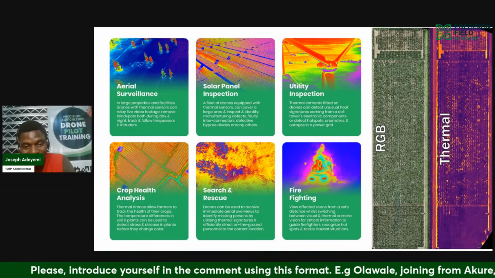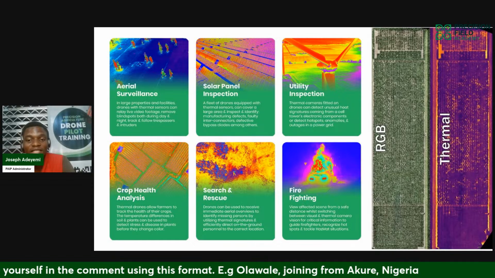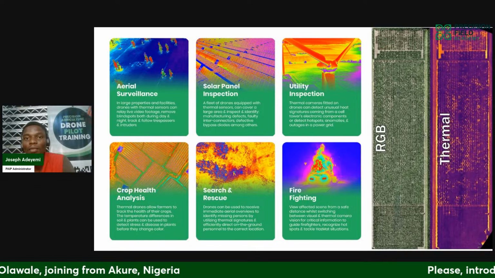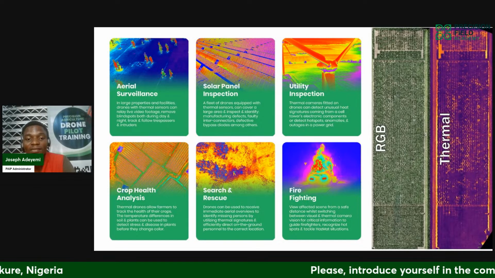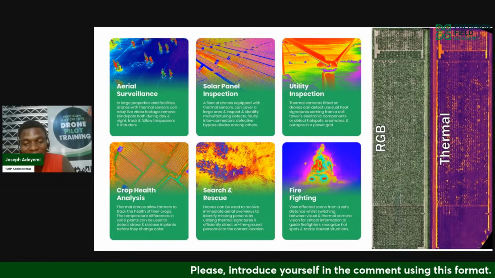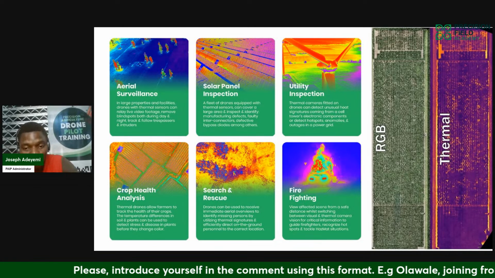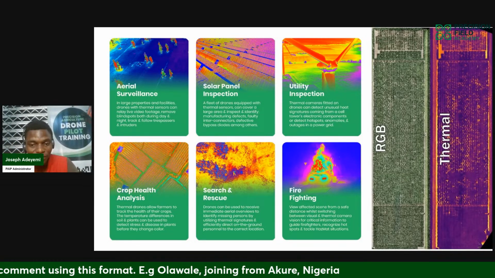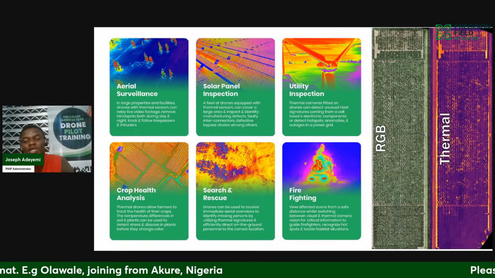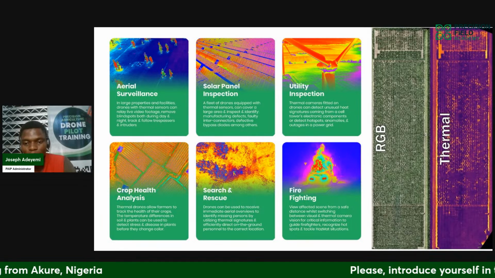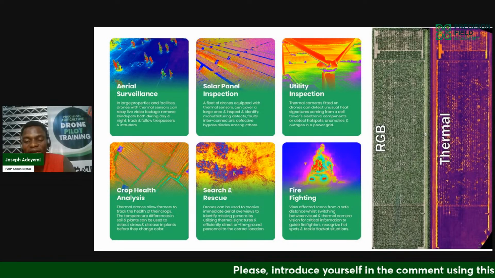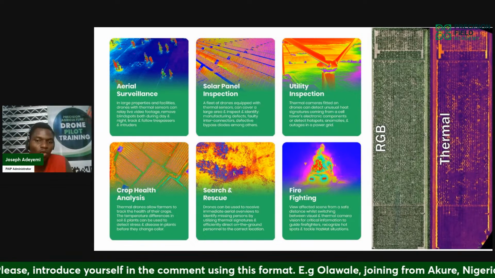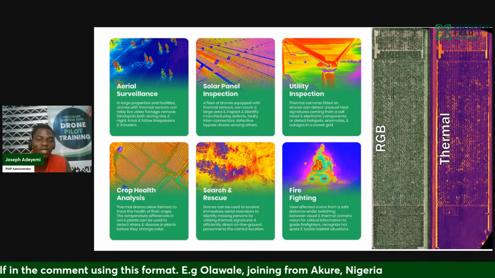Because even in the deep of the night, while doing operations, although these are special use cases, during the dead of the night it can detect and help you know that this is a human hiding in this place, this is a plant, this may be an animal hiding in this place. So it's going to reveal accurate information to you. Likewise in firefighting, they can detect the magnitude of fire to be able to quantify all of this information in terms of insurance.